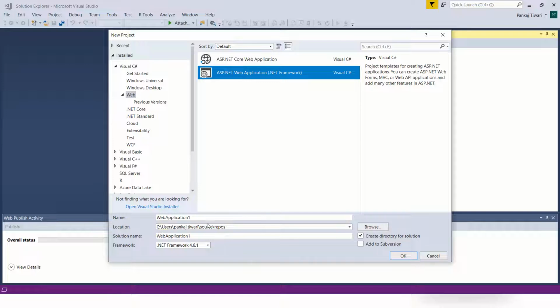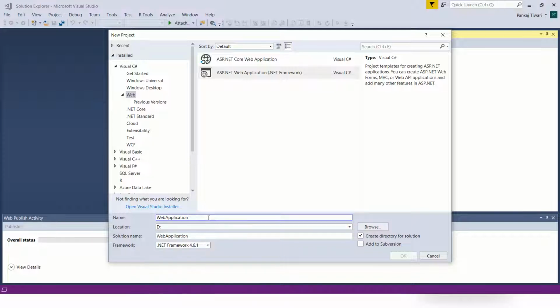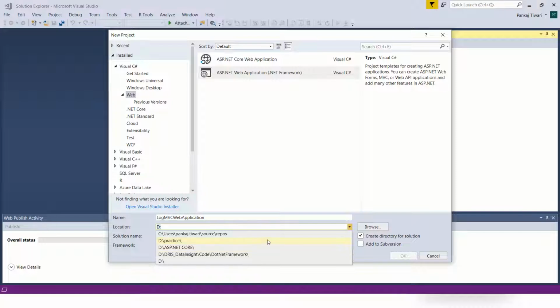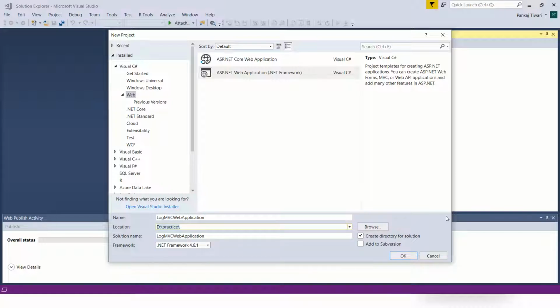In the D drive we'll create this project. Okay, and we'll change the name to LoginMVCWebApplication. Just click on OK.